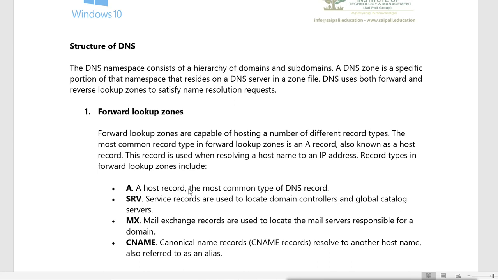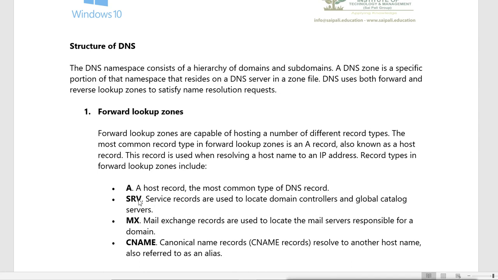DNS is very important because all the services records for the domain are stored in the DNS, and the Windows Active Directory domain and DNS domain are tightly integrated. That means you cannot create an Active Directory domain without DNS. So your name resolution and namespace are the same for the DNS domain and the Microsoft Active Directory domain. Both are the same. They are tightly integrated because all the services records are stored in this DNS server with the SRV record.